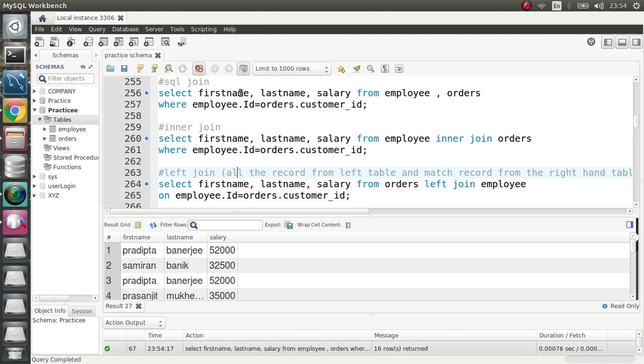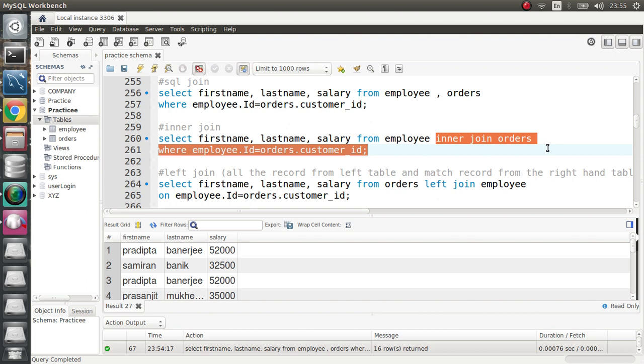Inner join returns rows when there is a match in both tables. Very important: an inner join is when the records in both tables match, and from both sides they should be given back. So I want the first name, last name, and salary from the employee. I want to do this: the employee table should be inner joined with orders,